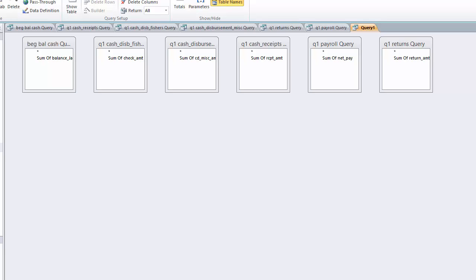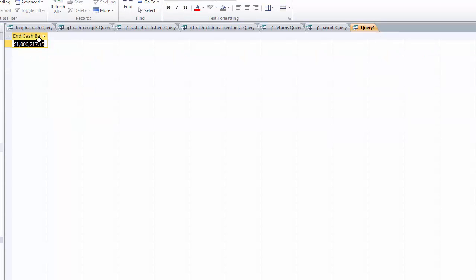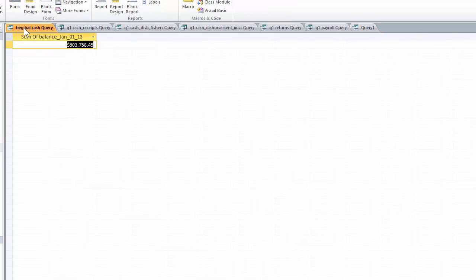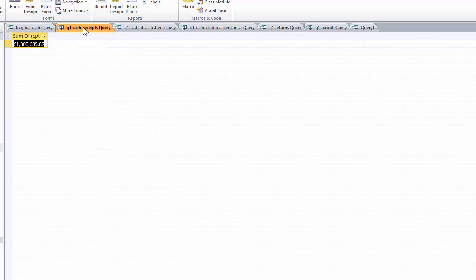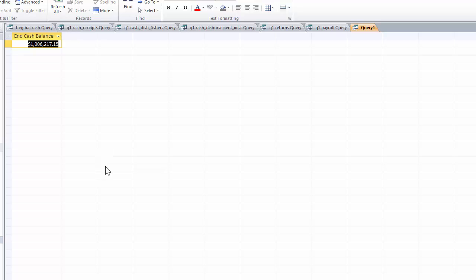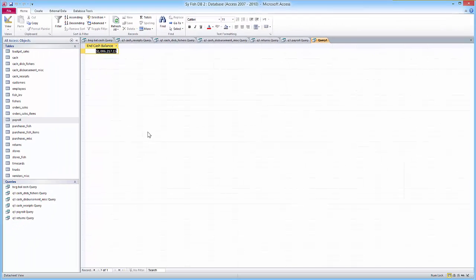And I can go and view this, and I now have an ending cash balance that I can look at. So if we've got a beginning balance of 600,000, cash receipts of 1.3 million, cash disbursements to the Fishers of 697, another 7,500 of miscellaneous, $481 in returns, 192 in payroll. That looks somewhat reasonable, so you can always double check this with your calculator to make sure you're getting exactly